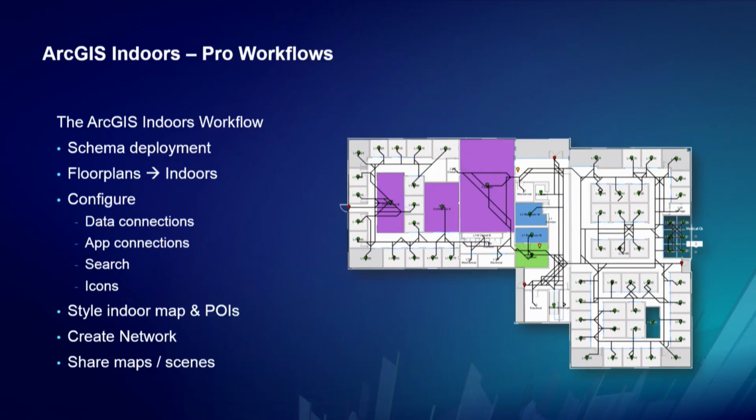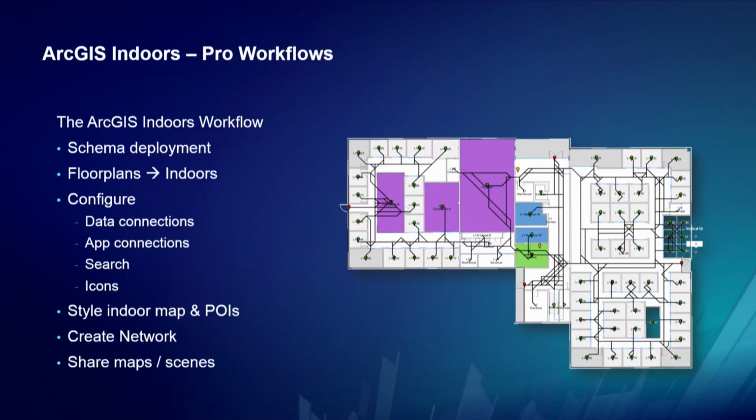Next, we want to create our network. And this is really one of the last things we want to do, because how do we know where we want to route to until we have all of our POIs integrated in our map? So once we do that, then we can locate people or places or things and create routes according to accessibility restrictions and understand the walk time to get to our location. And it may be a long way, like the convention center here. You could be walking 15 minutes to get across between sessions in some cases.